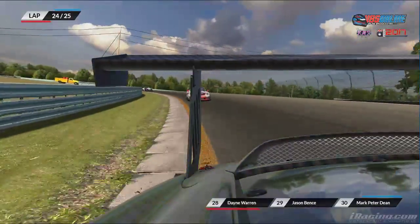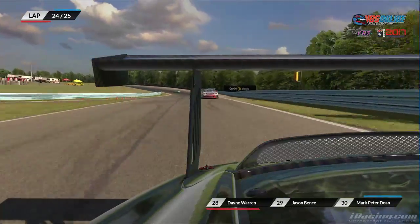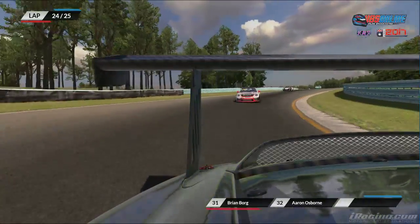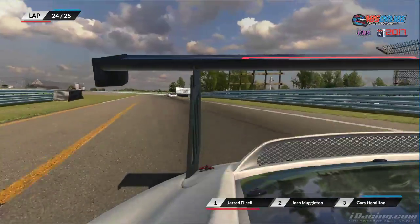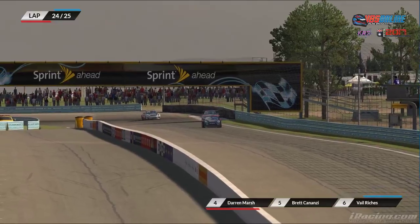Harris going for the wider entrance into the carousel. Losing him a little bit of time, I think. Oh, now we're coming to the last lap, Jake, and the leaders are going to hit some lap traffic. Oh, in the form of Cameron Dance, actually. It's going to be quite interesting, but...